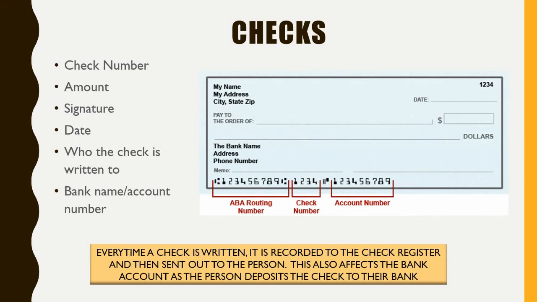And that goes both ways. If I write an NSF check, then the person who tries to deposit it will get their money bounced back. That is one of the reasons we also need to look at our bank statement, because we need to double check: what has the bank charged me for trying to deposit a non-sufficient fund?